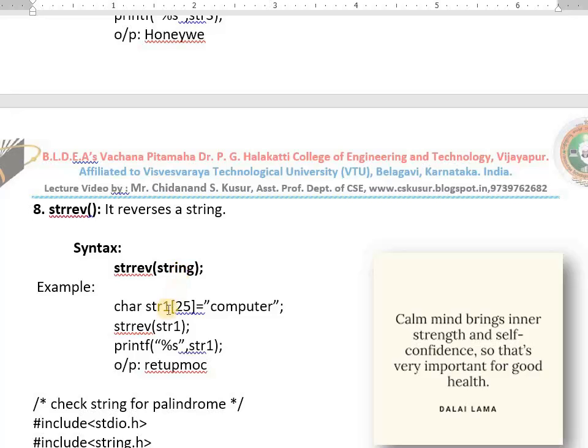Look at the example. Computer is there in str1. strrev str1. In the same memory locations, that word is reversed and stored. Now print str1. Now str1 is not having computer. It is having the reversed word.